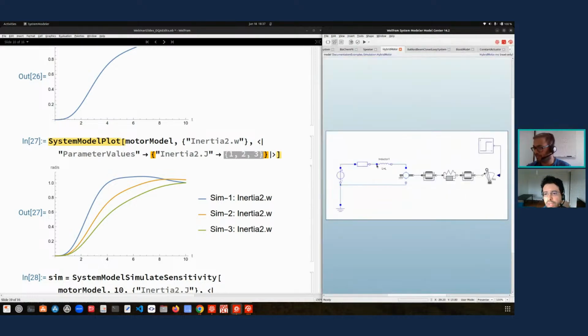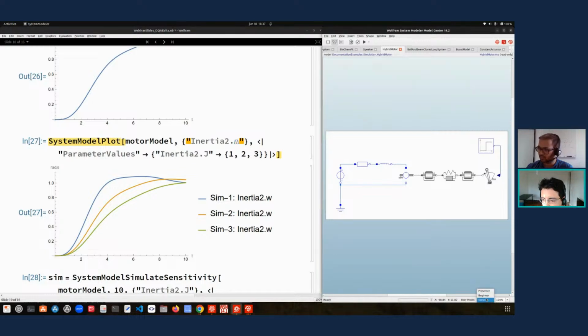Okay, this is fine. Sure. So we have a small circuit here, and then that energy can be transferred as mechanical energy with an electromotive force, and then here we have inertias. So here what I'm plotting is the angular velocity of this particular inertia, the inertia 2, and I'm modifying this parameter value j for the inertia, which I believe is